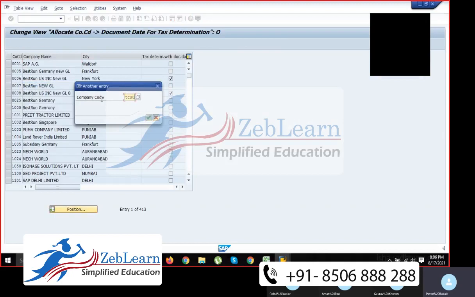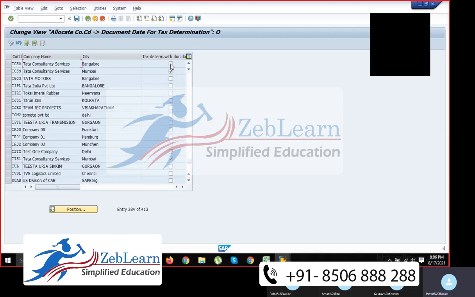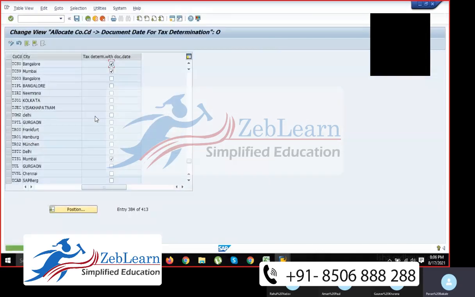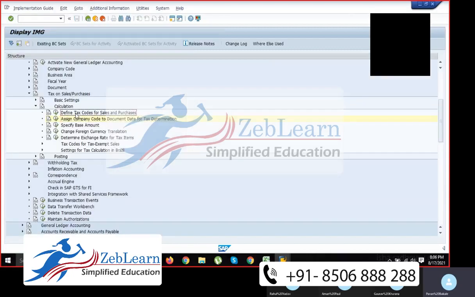TCS0. Then use the company code over here and you can click on continue. And here you can just take this tax code and save it. So it will show you the data was saved. So we are done with defining the tax codes. Two tax codes are created, we assigned them.